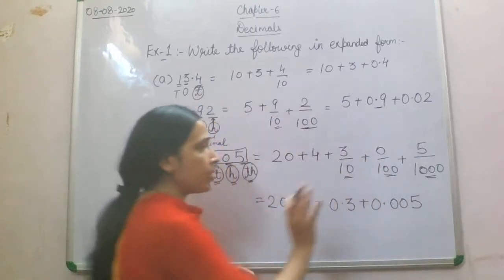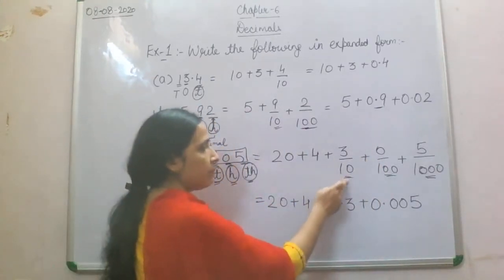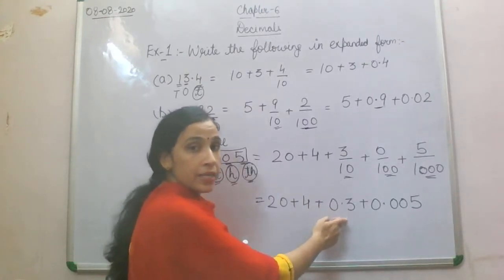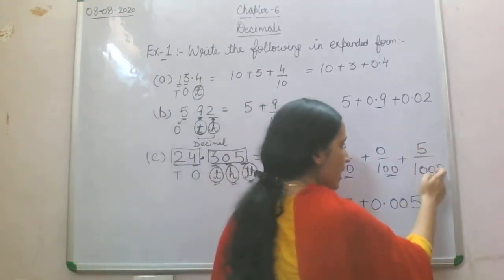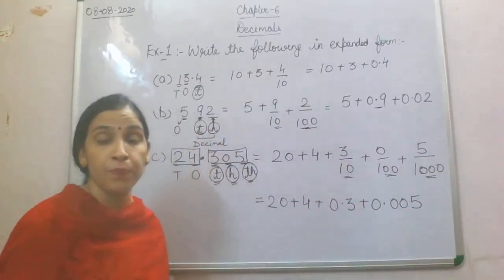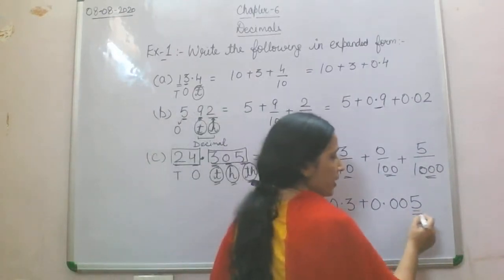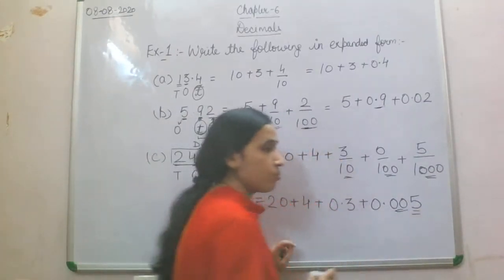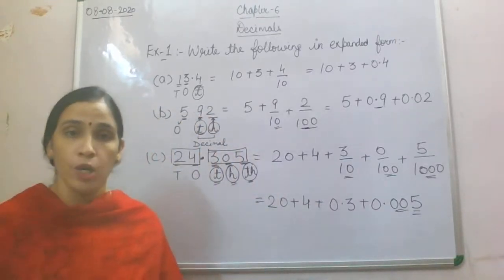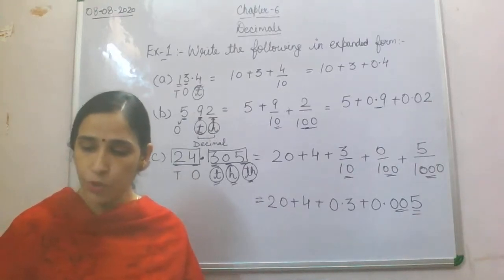Now this you don't require to write. Fine. So let's see this: 3 divided by 10 means 1 decimal place. You require 0.3. That you will write. But when it comes to the last one, 5 divided by 1000, you don't have 3 decimal places. You have only 1 decimal place, that is 5. So what about the rest two? That will be 0. So it will become 0.005. So I hope this expanded notation will be clear to you all.